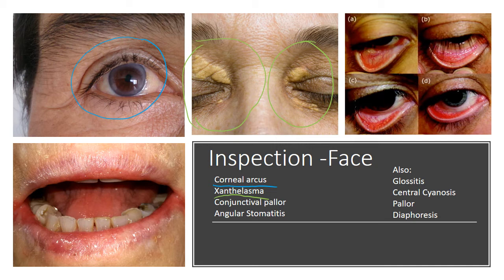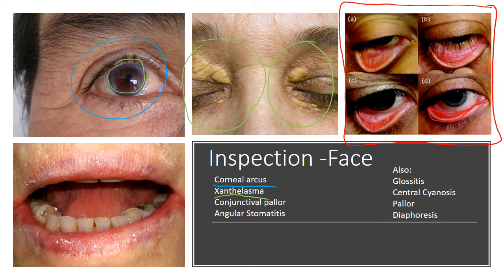Just as in corneal arcus, we're left with this ring of light coloured tissue around the cornea as a result of chronic hyperlipidemia. Moving to the top right, we can ask the patient to pull their eyelids down, and we're looking at the mucosa for signs of anemia. Now, actually, in this image, the one labeled D, we have this sort of well demarcated line,